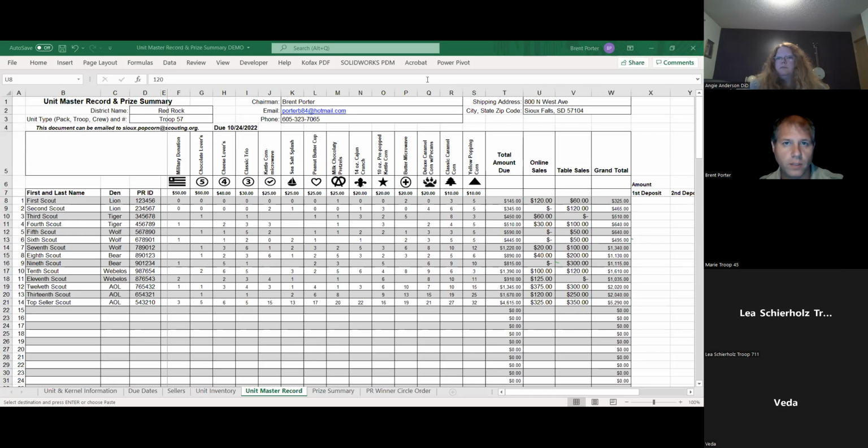Your record keeping, when everything is all said and done, you're going to send this to Linda at sue.popcorn@scouting.org. The reason why is when we get to the next tabs, it's got your prize orders, and then those will be submitted through this document here. So that's why we wanted to make sure that everything is calculated as best as possible, because I tried to make everything as automated as possible here. That way it eliminated anybody accidentally putting an extra digit into a total or something like that.